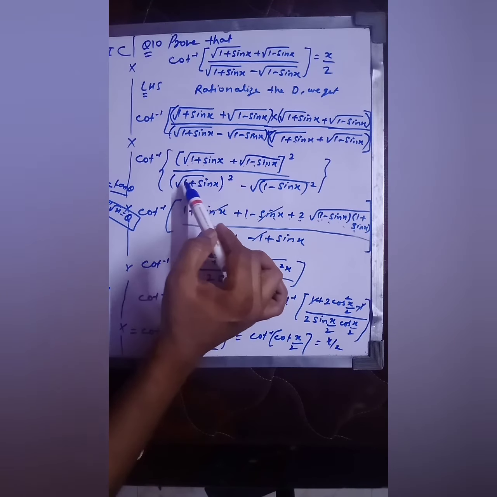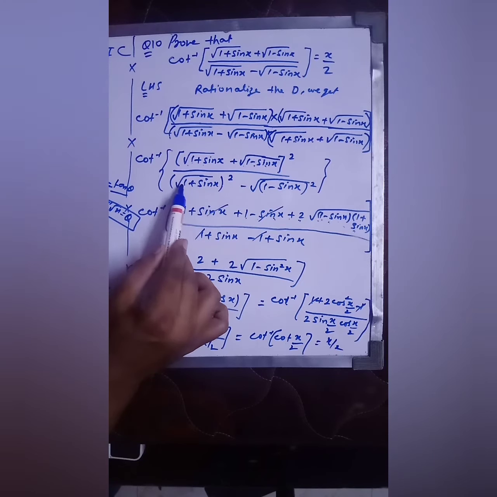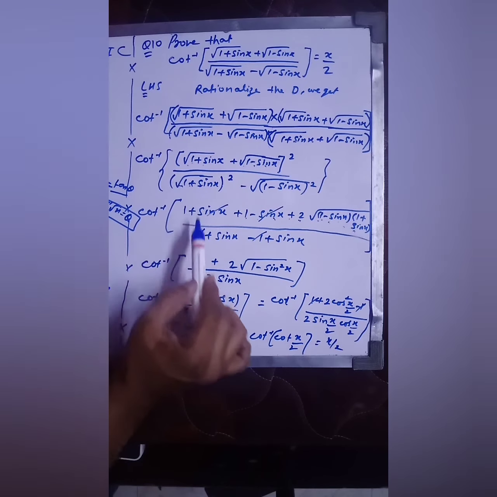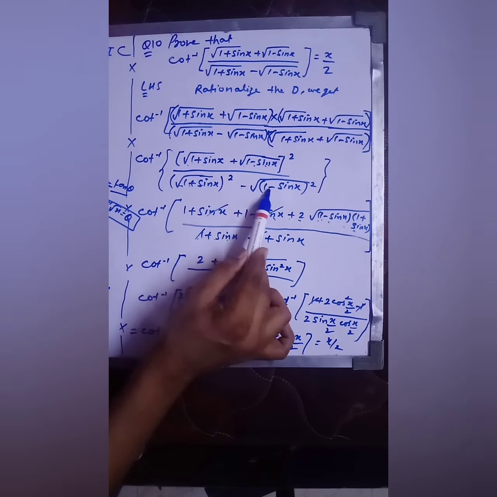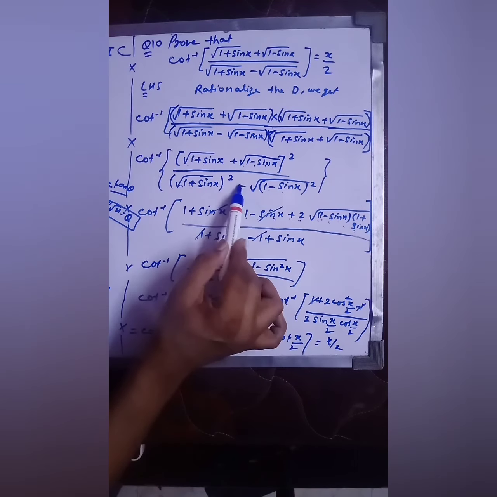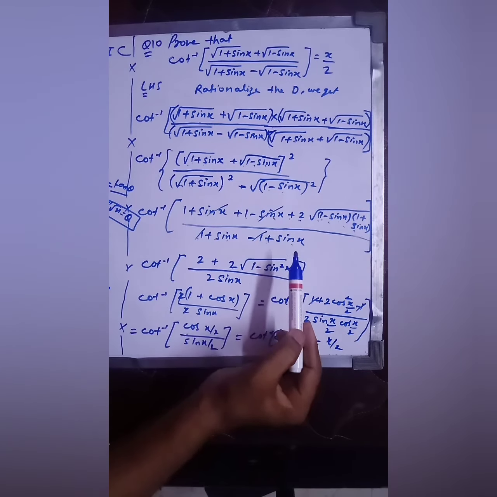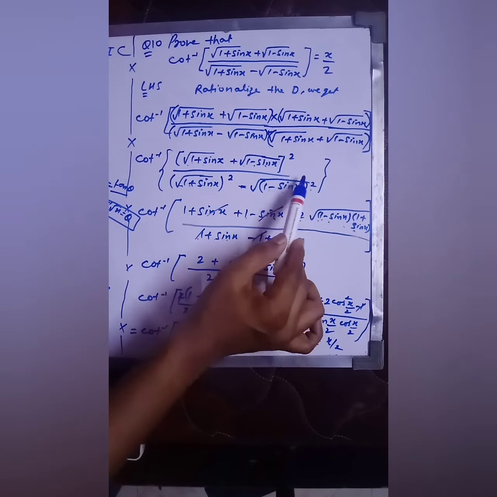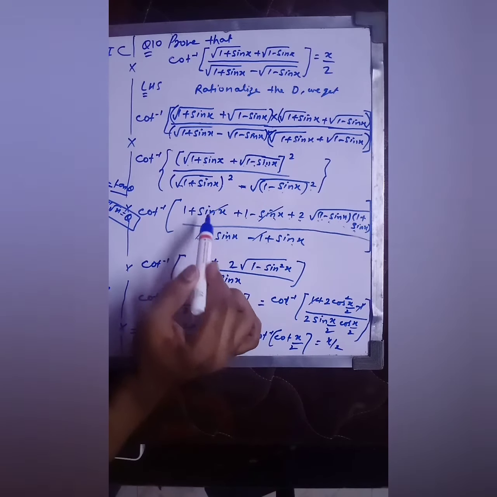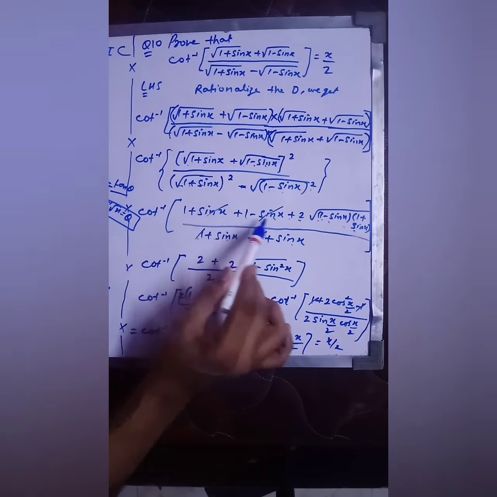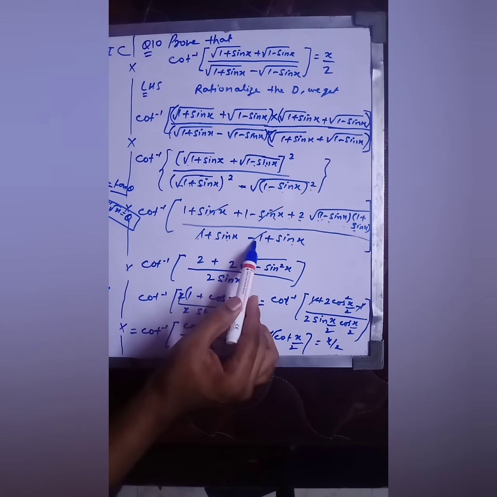And in the denominator, when you do the square, the under root will cancel out, and in the denominator you will get 1 plus sin x. So 1 plus sin x minus, minus, and this would be 1 plus sin x because the negative sign is outside, so you will change the sign of this. 1 plus sin x, or you are doing square, so under root and square will cancel out. Now this sin x is positive and this sin x is negative, so this and this will cancel out. 1 and 1 will cancel out.